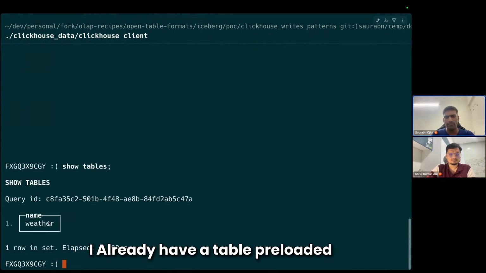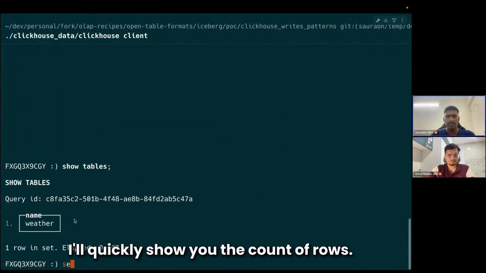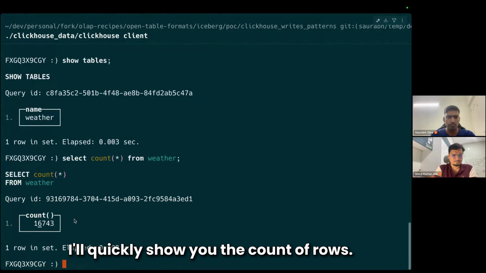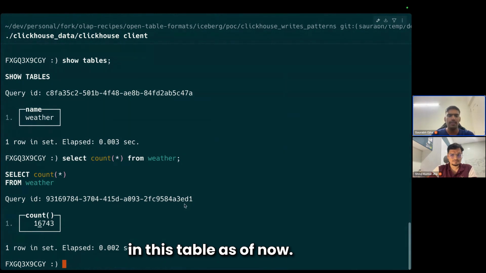I already have a table preloaded in my ClickHouse database, in ClickHouse native proprietary format. Let me show you the count of rows. There are around 16 to 17K rows in this table as of now.